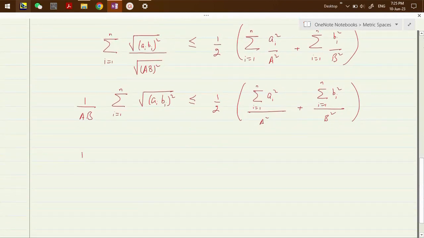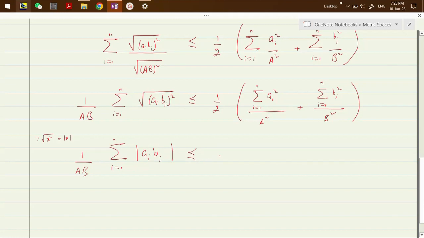That's equal to 1 by ab, and since root of x square equals mod of x, we can write summation i from 1 to n mod of ai bi